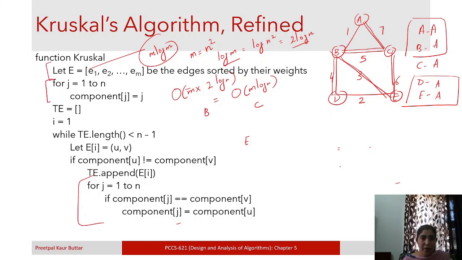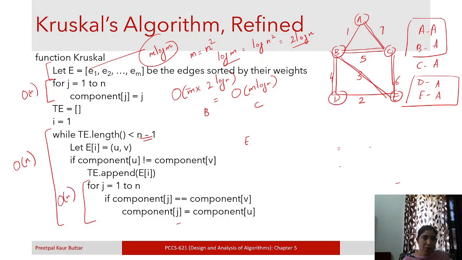Then this loop, it will run order of n times. Then this while loop, it is running n minus 1 times, right? Or we can say that n times. And inside this there is another for loop which is running n times.